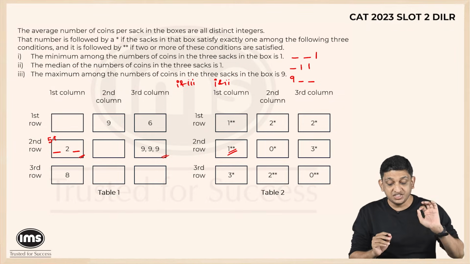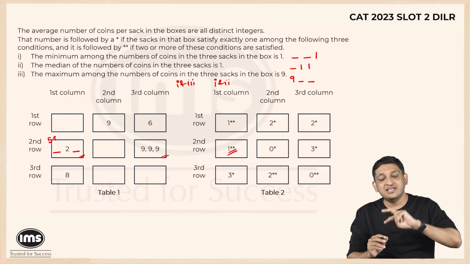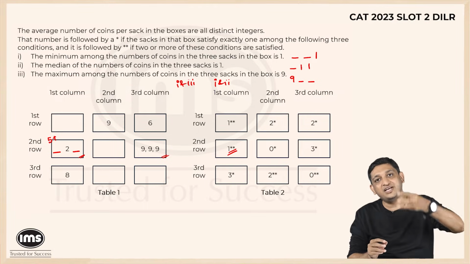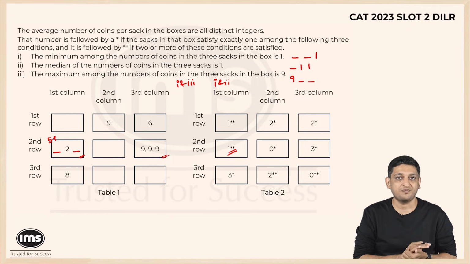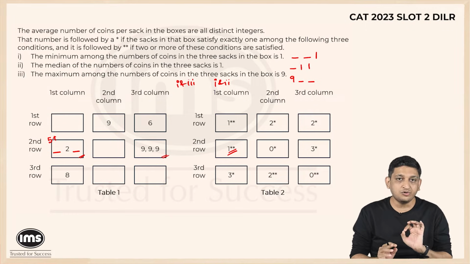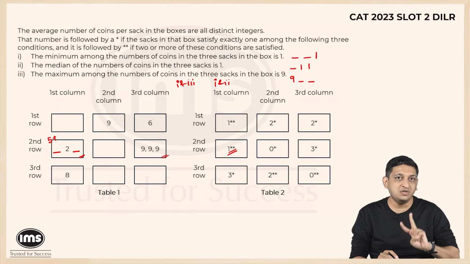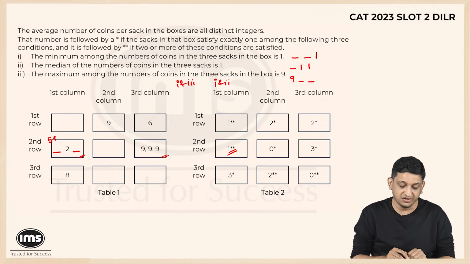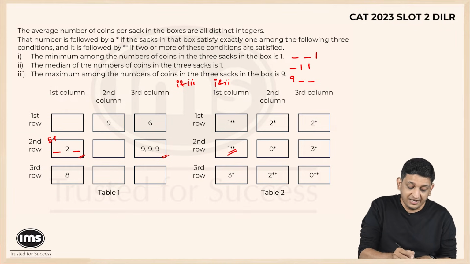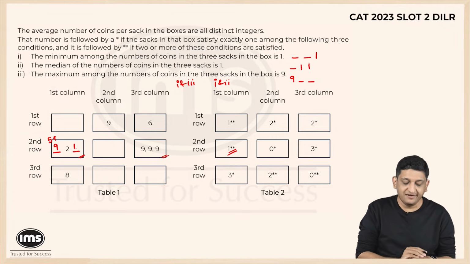We cannot have conditions 2 and 3 simultaneously true, because then it will mean that condition 1 is also true, which will mean that we have a 9-1-1 configuration, which doesn't work, right? So either 1 and 3 are true or 1 and 2 are true. So these are the only 2 possibilities that exist. Let's say 1 and 3 are true in this particular context. Then what will happen? I will have 9, 2 and 1.